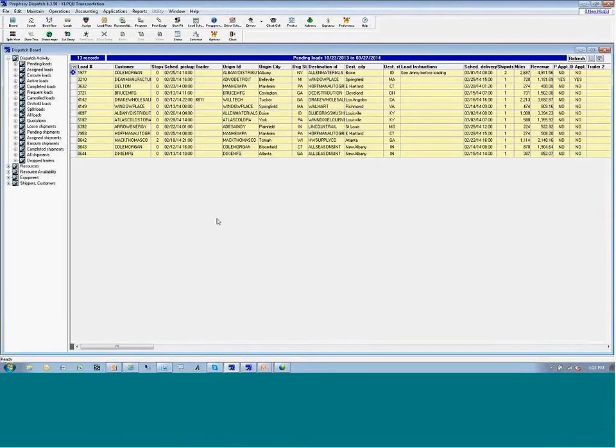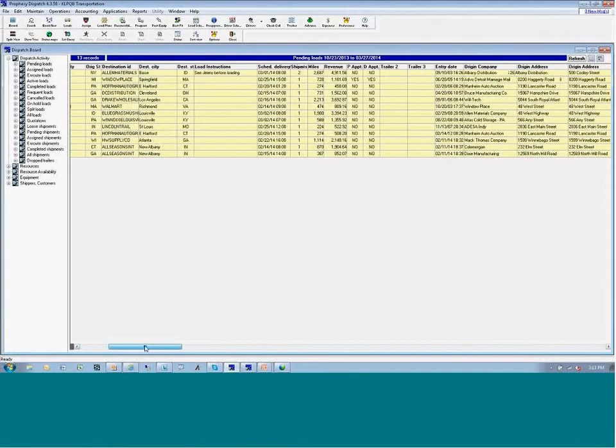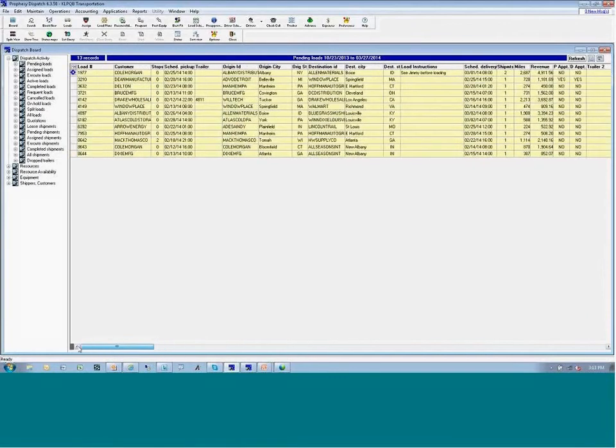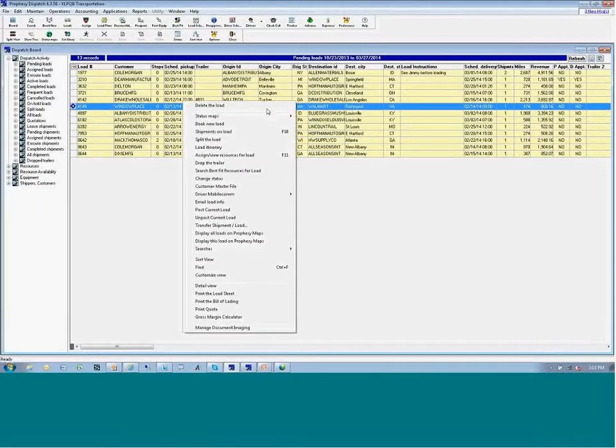So let's go ahead and customize this view. I see a lot of customer systems, and they haven't gone in and customized the views. And in every view on the board, when you get your system initially, we're giving you basically all the data that we almost could potentially display in that view. And based on your business, well, you might not need to see all that data. So what you'll want to do is come in, highlight any one of the loads, right-click, and just come down